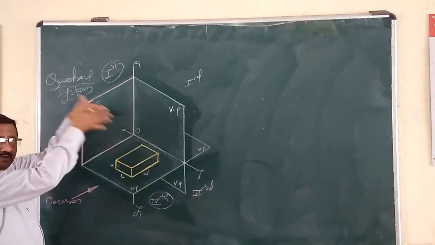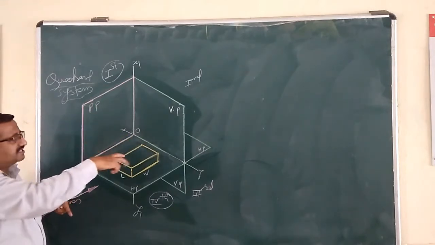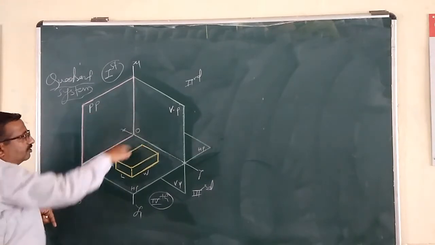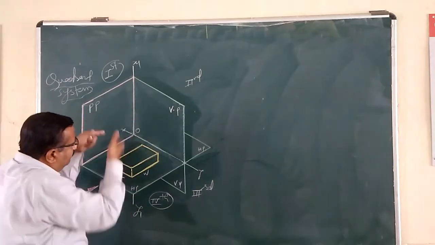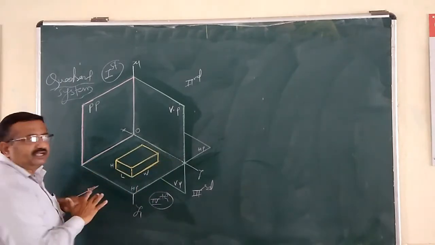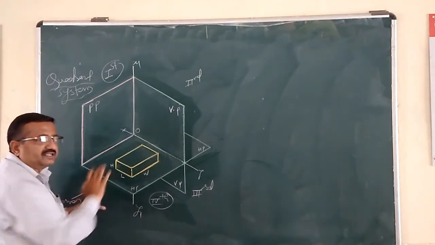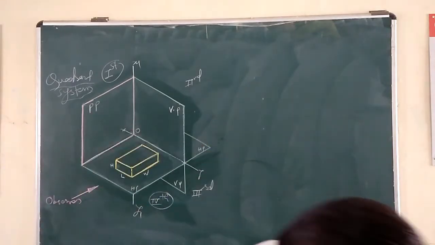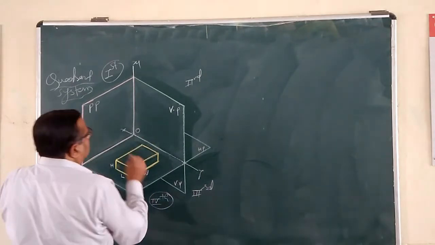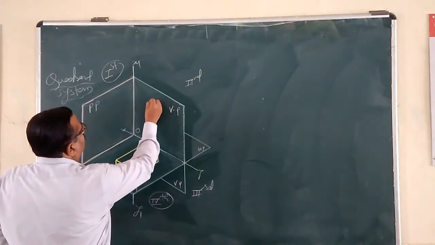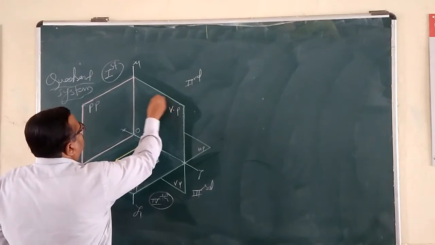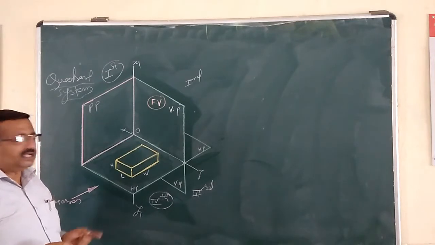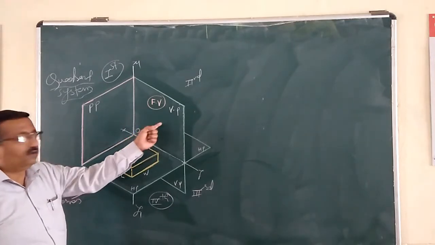At last, when you observe from the top, it carries the L by W image, meaning we will focus from the top, and the shadow of this surface carrying L by W will emerge naturally over this horizontal plane, which is nothing but its top image. Naturally, the vertical plane is made for the front image of this object. On the vertical plane, by default, we get its front image. Whatever the object may be, three-dimensional or otherwise, its front image, by default, we are going to get over the vertical plane.